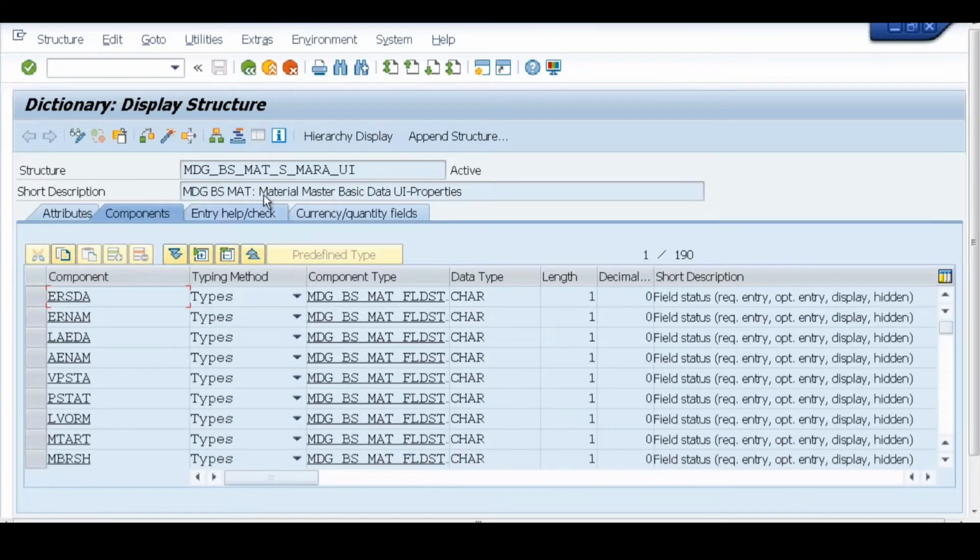Now if you see this particular structure, this is the material master basic data for UI field properties. That means whatever the component or the attribute or the field, whatever you call it, that particular attribute when you are adding in the data model, definitely at some point it will go to the UI. Doesn't matter whether it will go to the respective database,